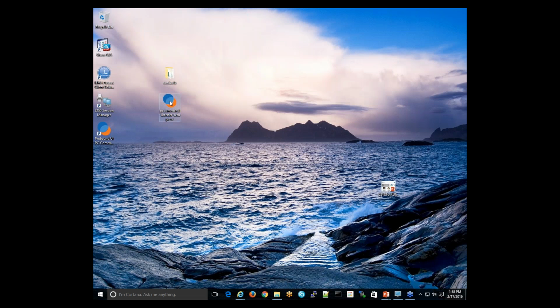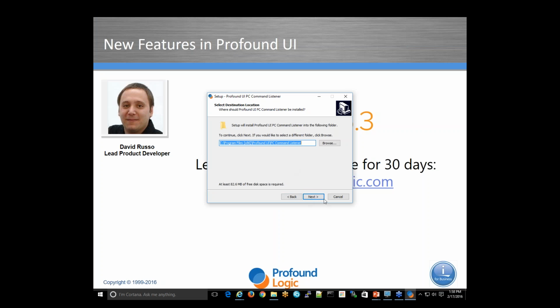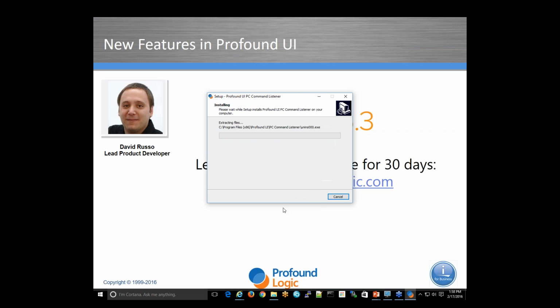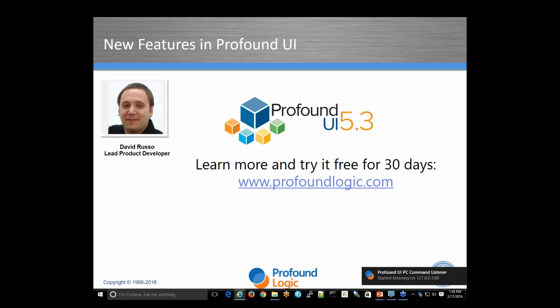On my desktop. So I'm going to run this, and you'll see that it installs in just a second. It's very easy to use. So I've installed it already, and I'll run it. And the program, as you may notice down here, runs in the system tray. So whenever the user installs it, the PC command listener sets itself up to run automatically on Windows startup. And when it runs down here in the system tray,